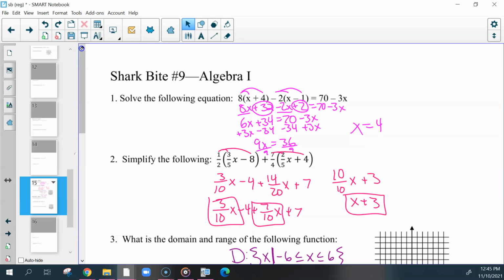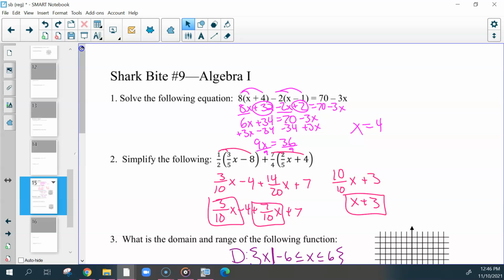Number 2, you needed to simplify the expression. So distribute the 1/2 and the 7/4. Remember, when you're distributing, you're just multiplying across the fractions. For the 1/2 times the -8, you can think about that as dividing, or you could use your calculator. And then, same thing